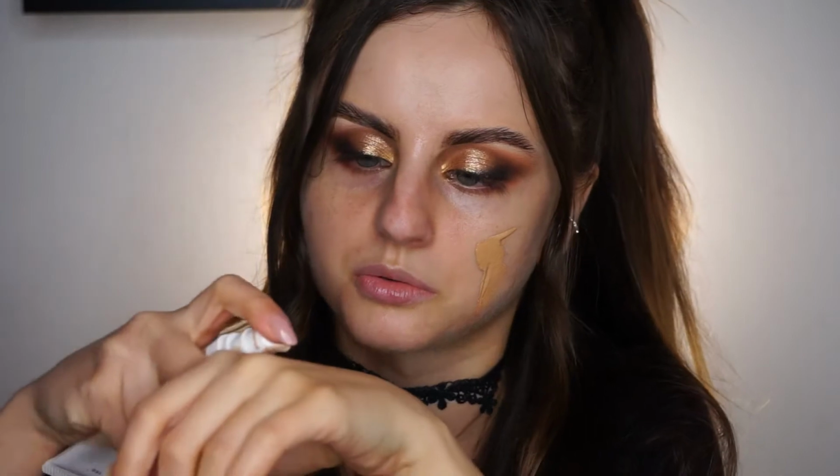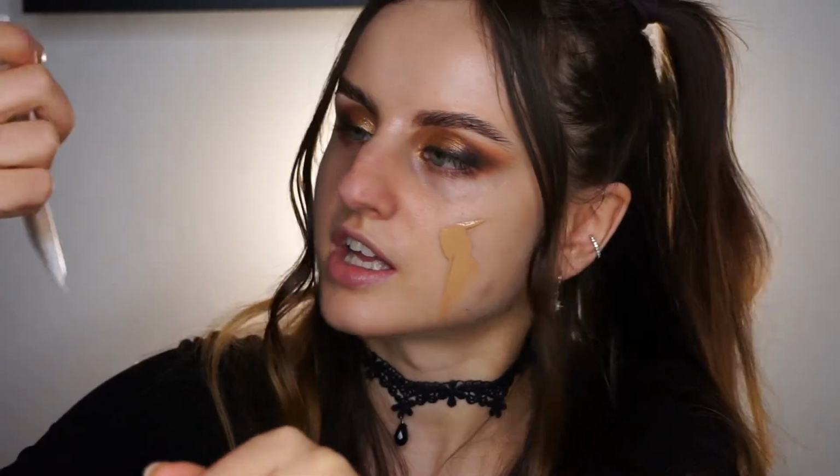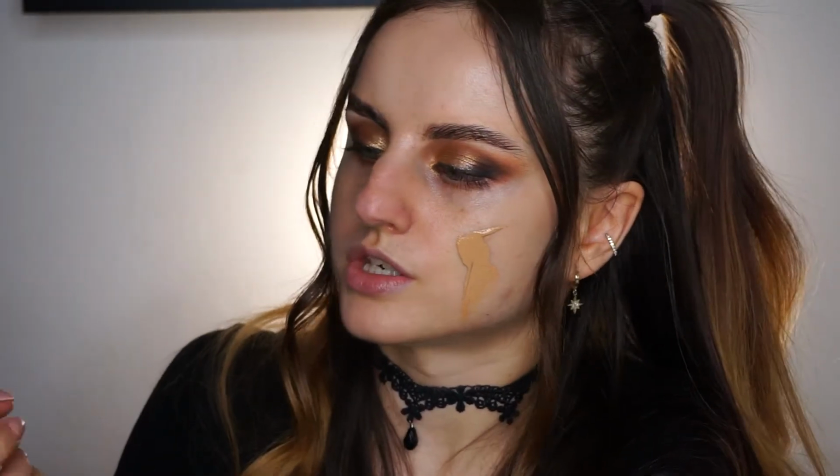Oh, the shade is a little bit too dark. Oh, a lot too dark. Let me just take something else to mix it with this shade. For a minute there I thought this was my right shade. It's a shade 3. I would probably need a 2. This is Fenty Hydrating Longwear foundation in the shade 150. I'm just going to mix a little bit of that